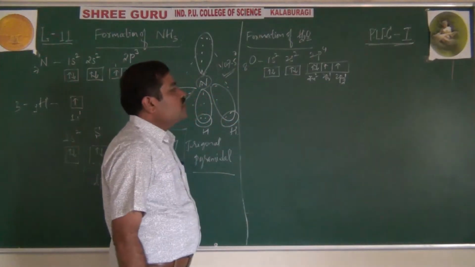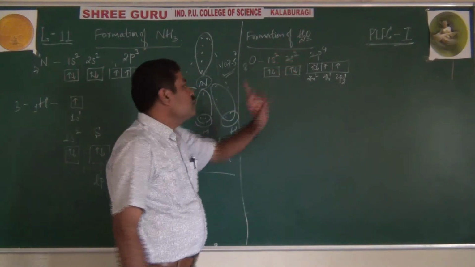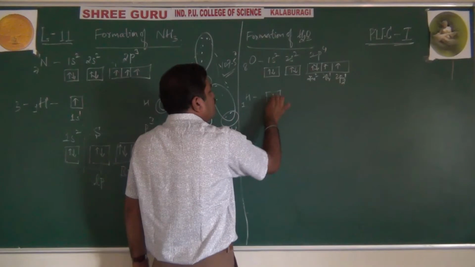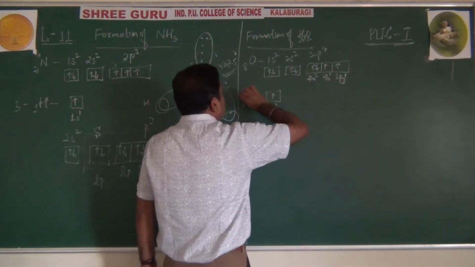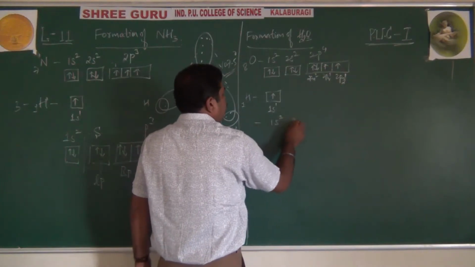Now these unpaired 2py and 2pz will share with the 2 hydrogens, because there are 2 hydrogen atoms. One hydrogen, as you know, has a half-filled 1s1. 2 such hydrogens will share here